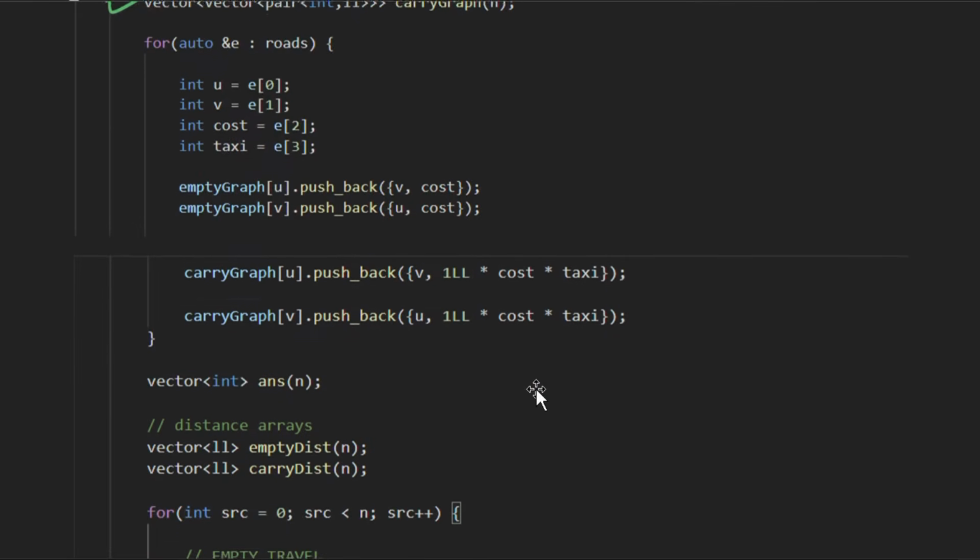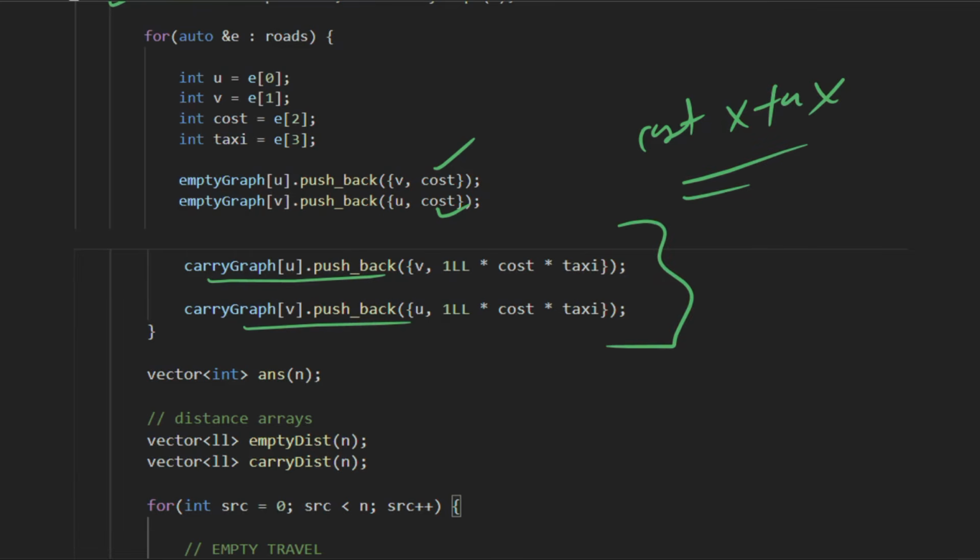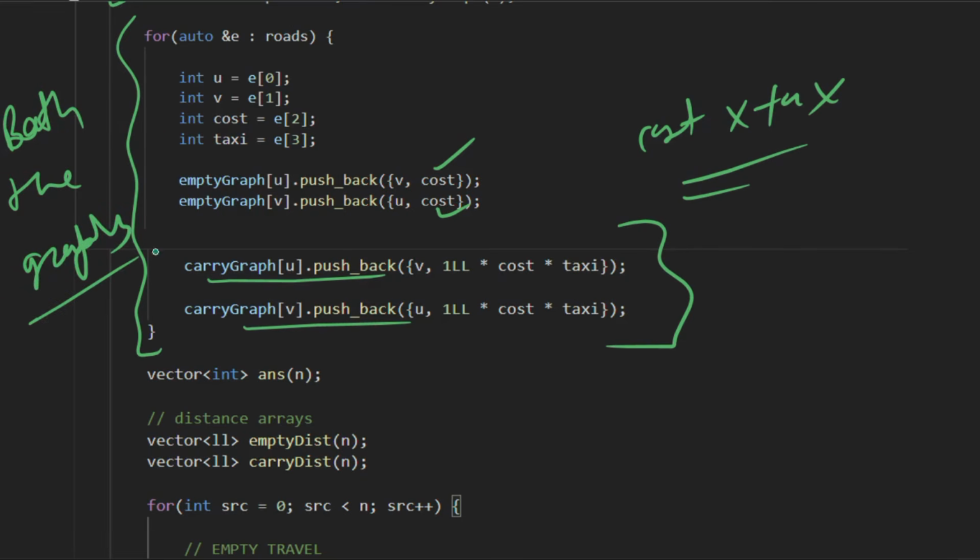Without carrying apples, the cost will be the cost directly, and with carrying apples the cost will be cost into tax, right? So in this part we build both the graphs, without apples and with apples, right?